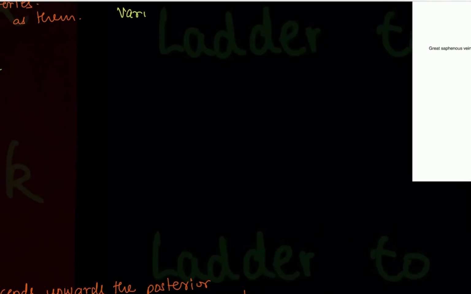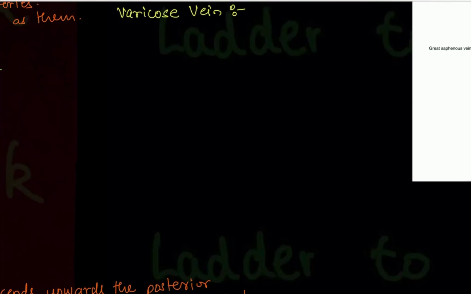Varicose vein. Now what do you mean by varicose vein? Sometimes veins get dilated. The reason for it is that veins have valves, so they can prevent the backflow of the blood. Okay, they need to move unidirectionally against gravity, right? So they have valves to prevent the backflow. But sometimes these valves do not function and this leads to an increase of pressure in the veins. Okay, so if there is an increase in the pressure in the veins, they dilate, and this dilation of the vein is termed as varicose vein.